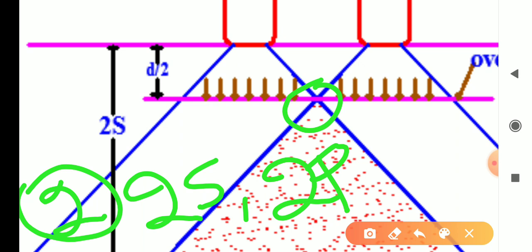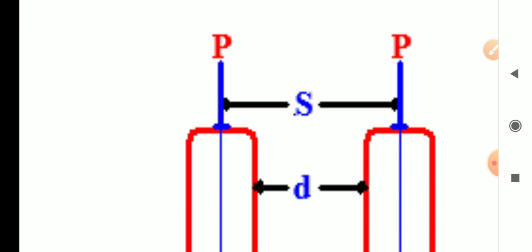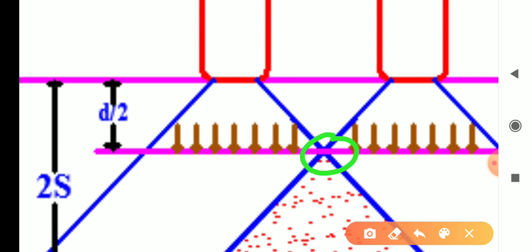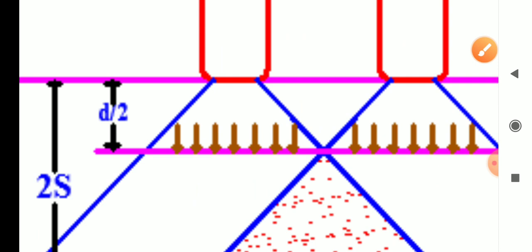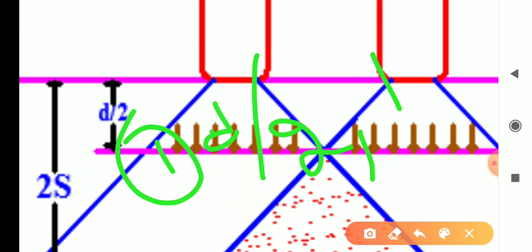That means up to d by 2, once again I am explaining, this is a single wheel load, right? One wheel load, another wheel, so the load corresponding to a wheel means single wheel load. Carrying a wheel load of P, the stresses will be developed individually. So that is considered the first point, up to d by 2 comma P. Up to d by 2, this wheel load acts individually.